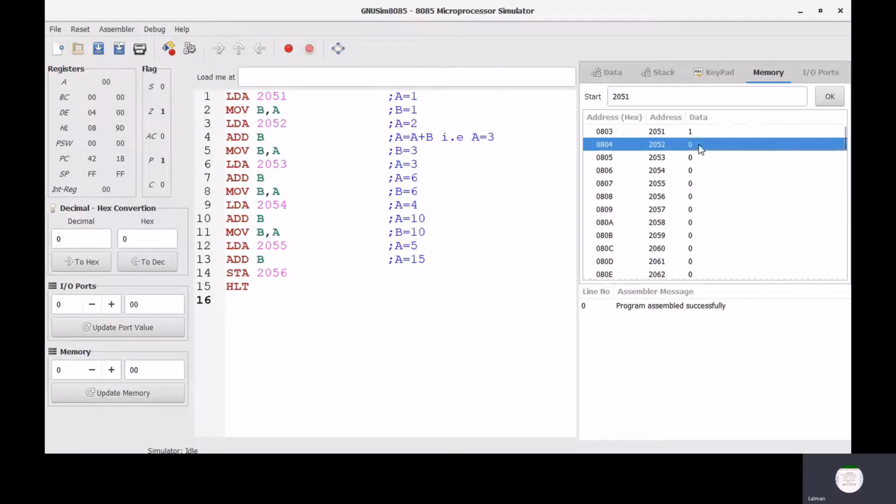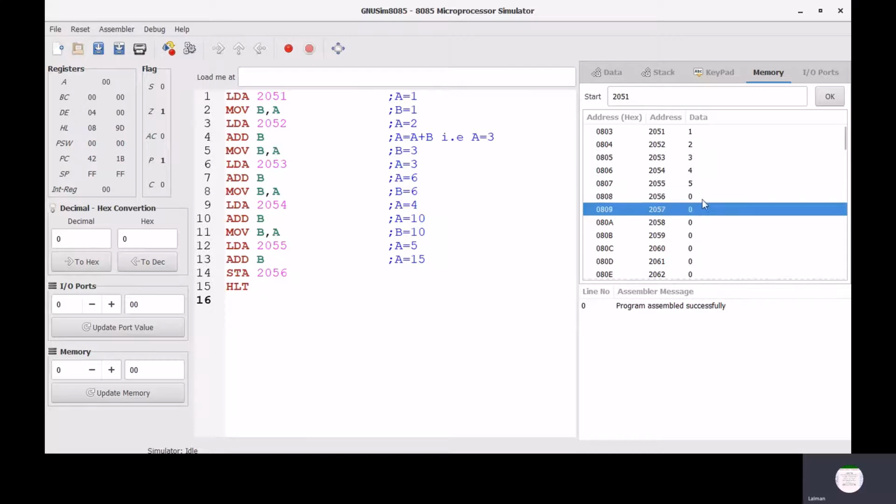Now click on memory location 2052 and type 2. Now next is 3, next number is 4, and next number is 5, and next is